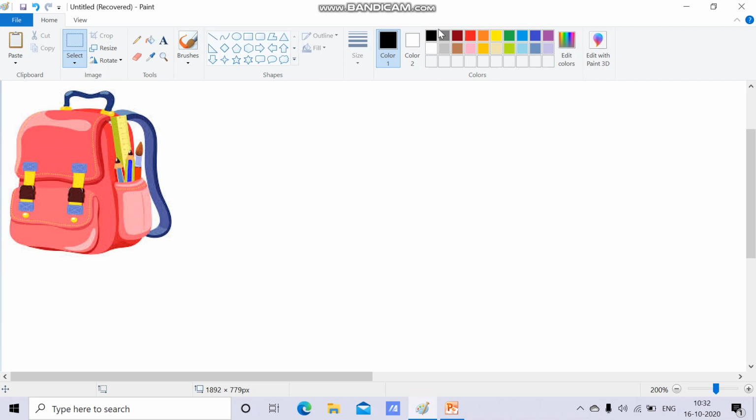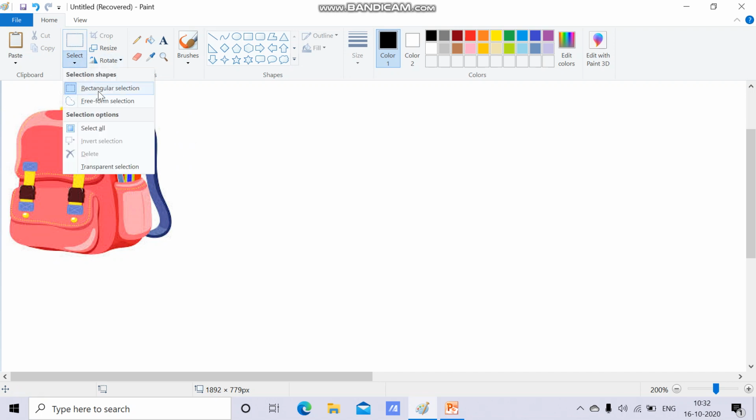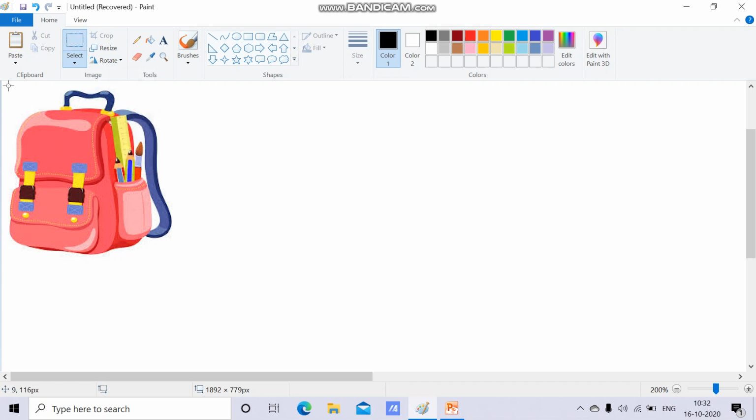So we'll now see how we can select an image. Okay children, suppose this is the picture of a bag and I want to work on it. I want to place this picture in the middle of the screen, but it is here in the corner. How can I move it? I cannot move it just like this. First, I have to select this image. What I have to do? Go in the select option, choose this rectangular selection, click here and then keep your cursor over here and just drag it diagonally. तिरछा खींचिए and then select. जब ये rectangular dotted box बन जाए आपका पिक्चर के पास, that means this picture is selected. अब आप इसके साथ जो भी करना चाहेंगे वो आप इस पे कर सकेंगे.